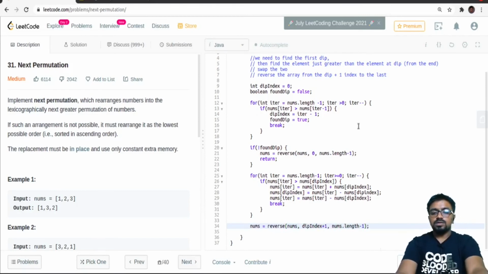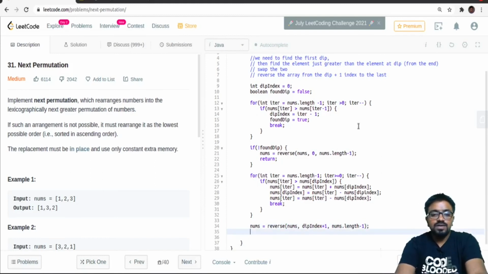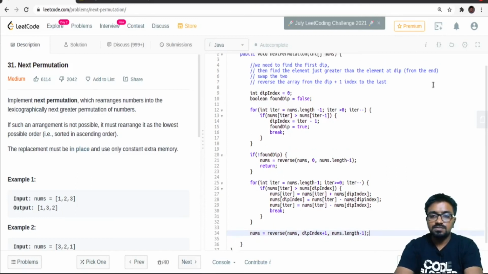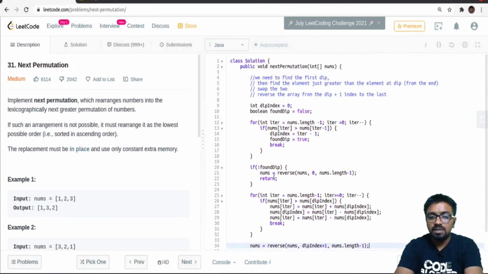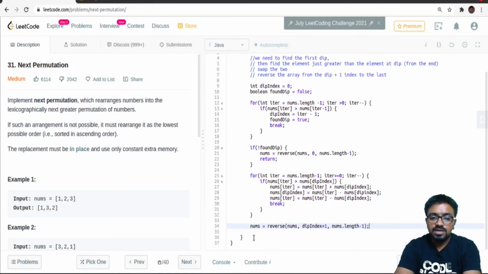Okay, now we can either do a return or we can do nothing. So basically this method expects us to return nothing. I'm putting a return statement over here because I don't want the program to execute further. Now what remains